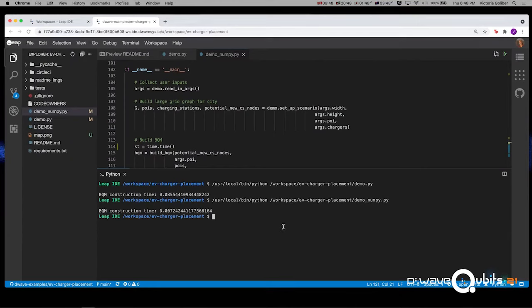Like I mentioned, this is a small problem, so not too much in the savings that you'd really notice. But as you scale up to those larger problems, do you want to be spending minutes waiting for your BQM to be constructed classically before you're even sending it over to the hybrid solver? So really taking a look at how you can do this efficiently is going to make your problems run much, much faster and avoid some of those classical bottlenecks.